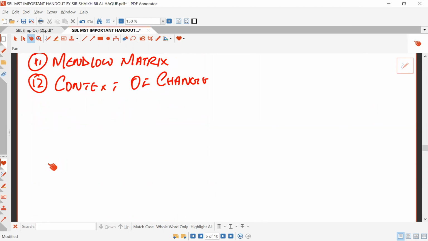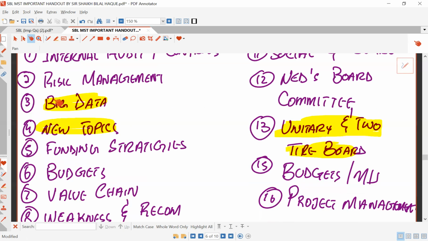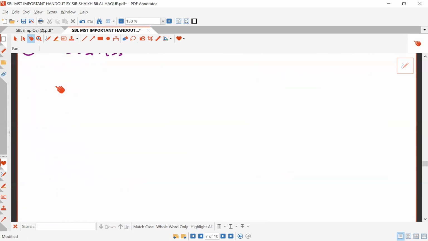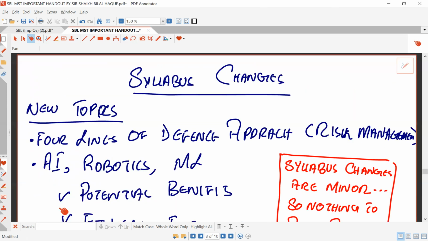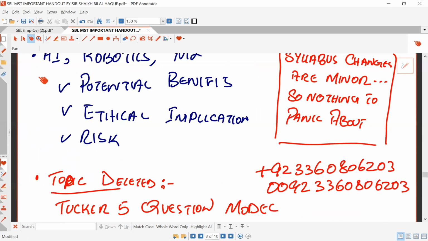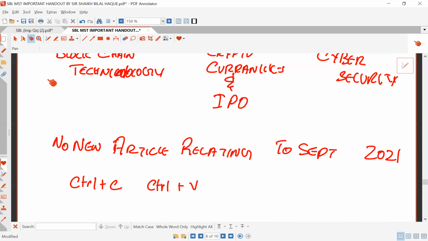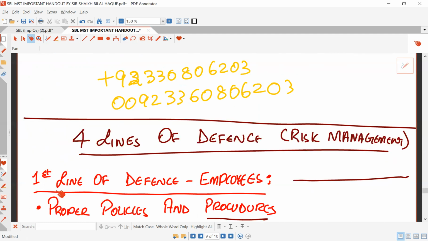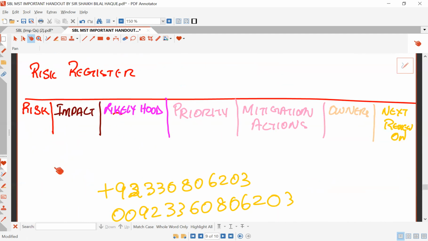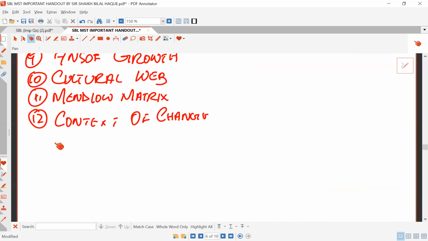There are a few other topics that I would like to include right now. I'm just writing it. We have got the topic of the four lines of defense. Let me show you. The new topic that is included, and the question that has been deleted is the Tucker 5 question. But the most important topic that I feel can be tested in this attempt is the, let me write it